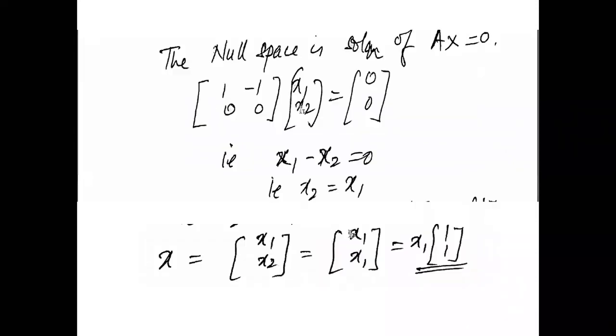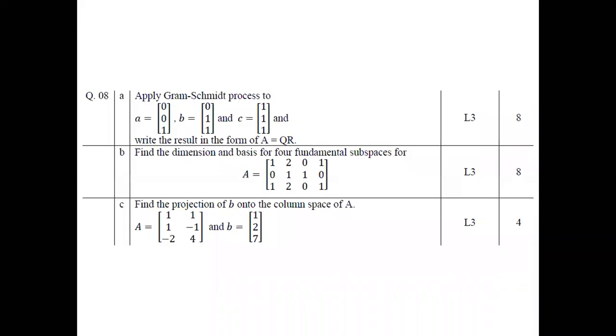So now let's move to question number 8 from the first paper itself. The Gram-Schmidt process. This is a definite question in your exam. And in your forthcoming IA2, you will definitely have a question on the Gram-Schmidt process. So please be very thorough with this. And if they want to ask you, they will also ask you about the QR decomposition. So question number 8 is on the GS process.